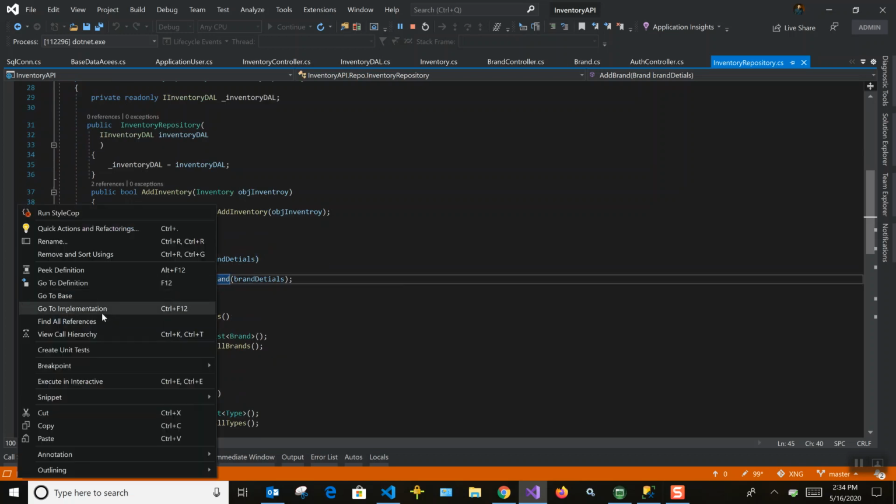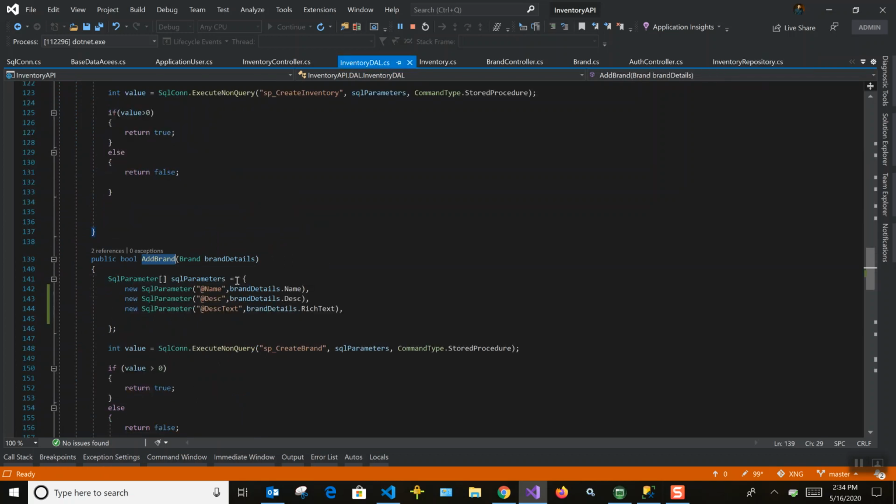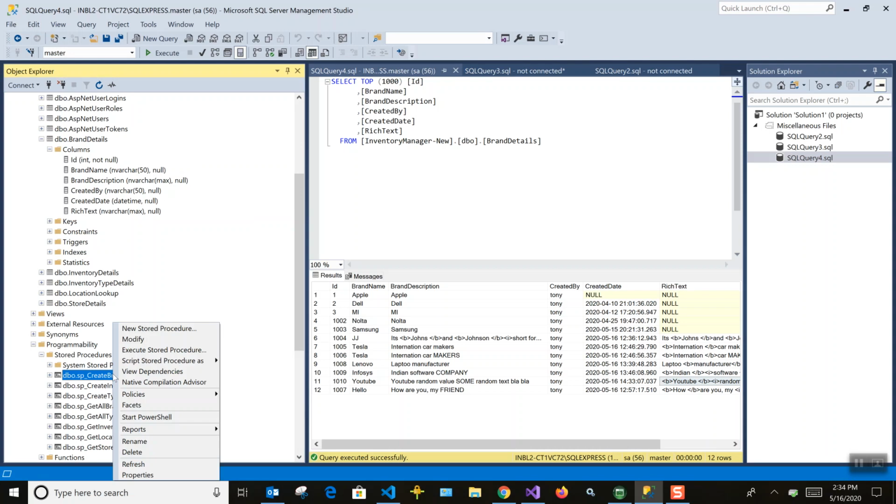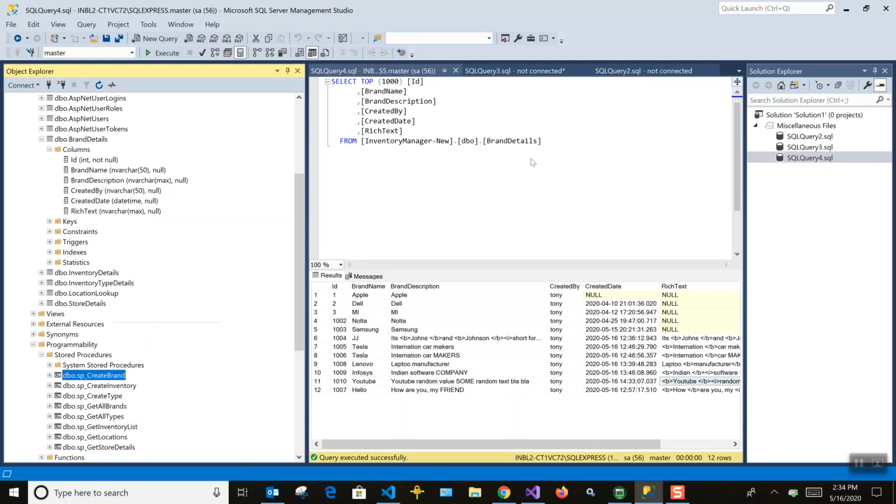You pass all the parameters which came from the UI to the stored procedure you have created to add the brand. Once you call that, it will push to the database. That's the flow of how the data is being added. You can see the create brand stored procedure here.